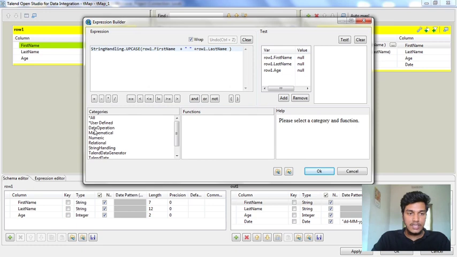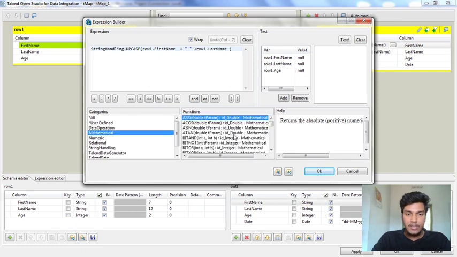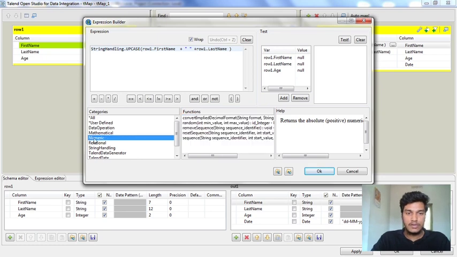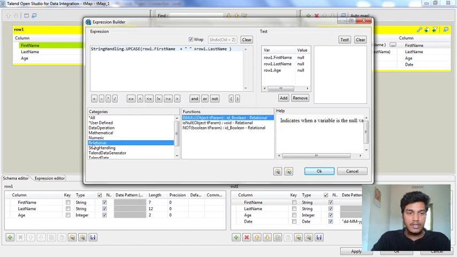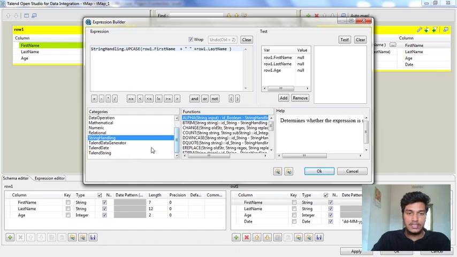All these are the functions, like we have mathematical functions like bitwise operators and all. And similarly, you can use random functions, you can generate random numbers using these numeric functions. In the numeric functions, we have functions like sequence for getting sequence numbers, as well as reset sequence or remove sequence, random number, or convert implicit decimal format, like those things. And similarly, we have relational operators in this field, and we have string functions like replacing and converting to uppercase as well as lowercase.